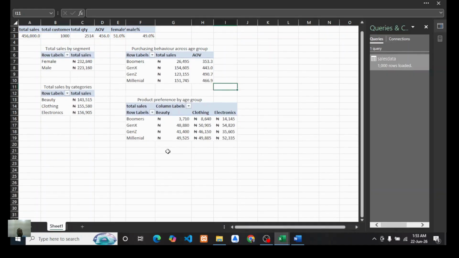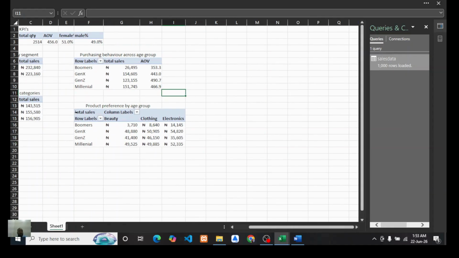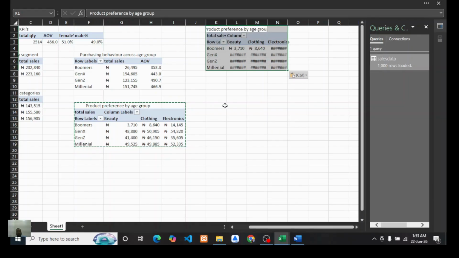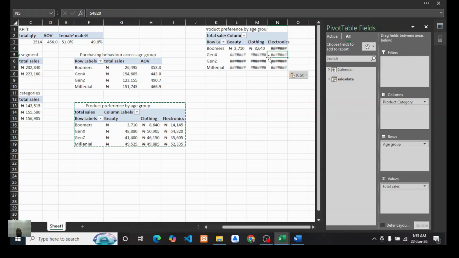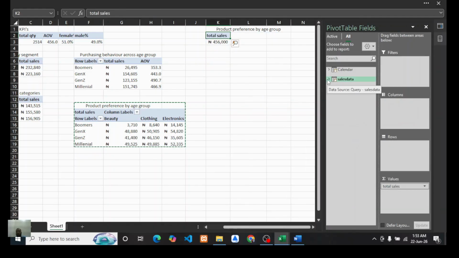Product preference. So now they want us to do monthly sales trend. So let's copy this, then bring it here. Copy this and bring it here. So we'll be taking this out. So the only thing we'll be having here now, we are now going to the calendar table,